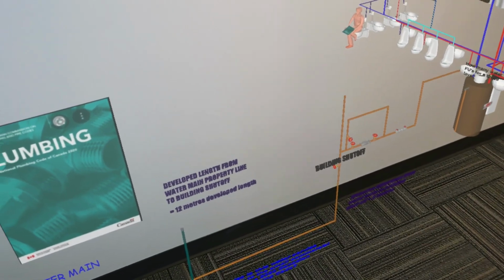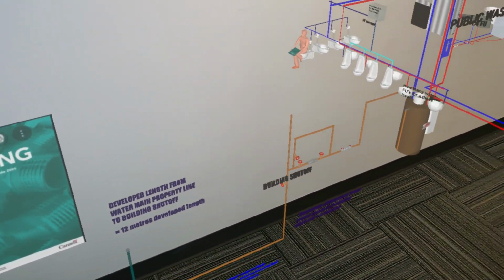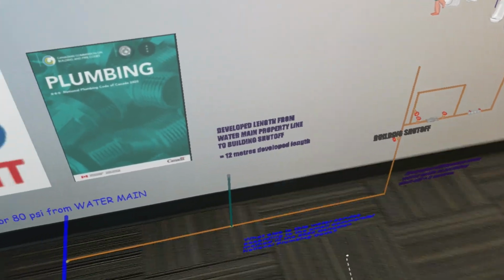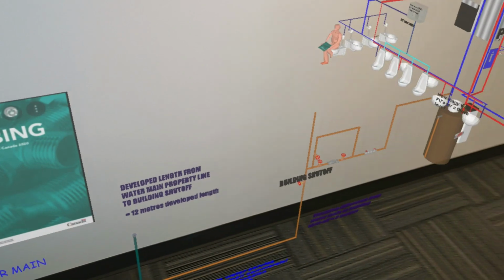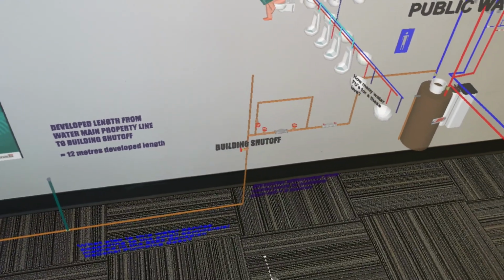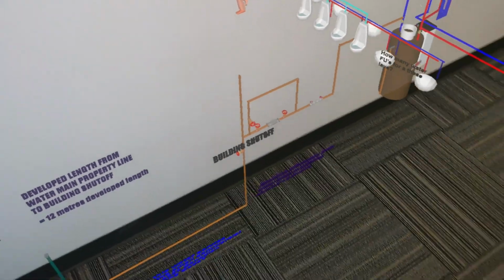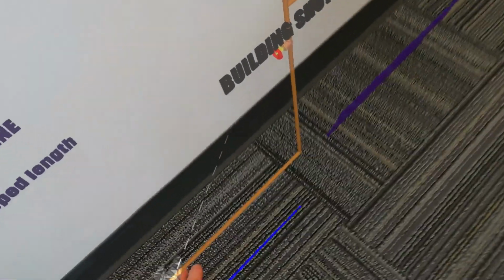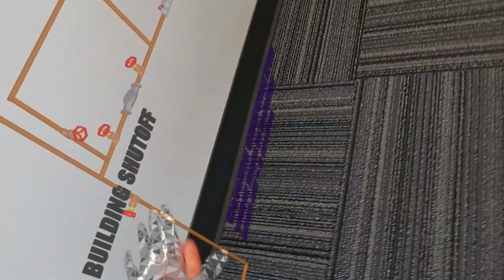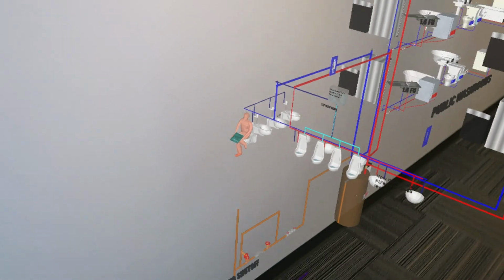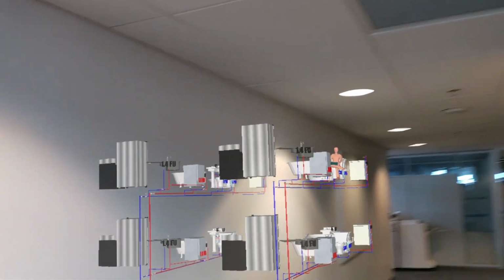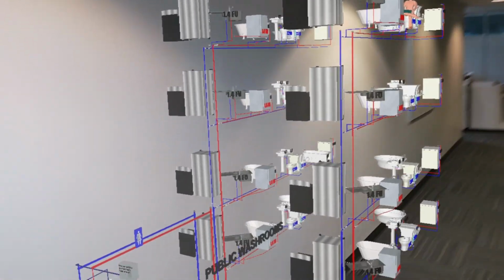You need to know the developed length, which is 12 meters from the curb cock to the building shutoff. You need to know the water pressure, which is 550 kPa, and you need to know the elevation from the water main, which is way down here, to the building shutoff, which is basically only 3 meters. And of course, you also need to know the total fixture unit load for the whole